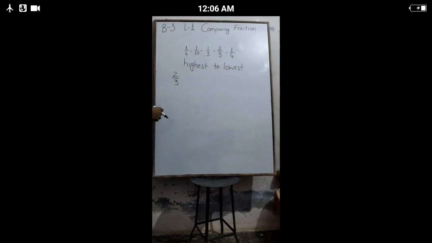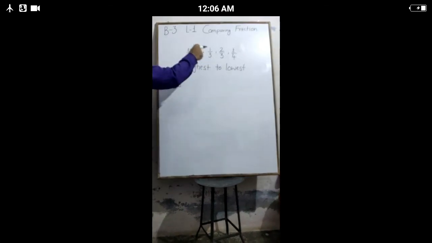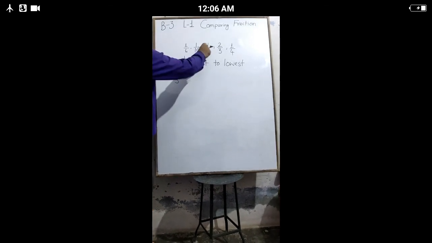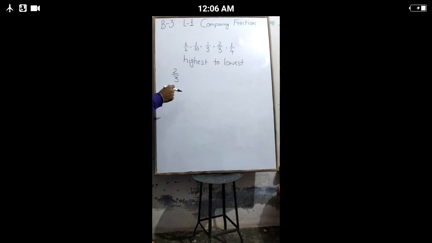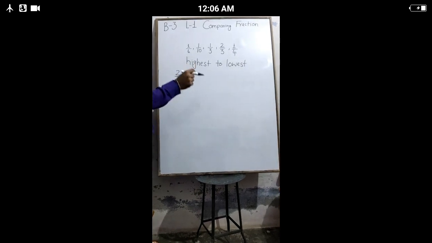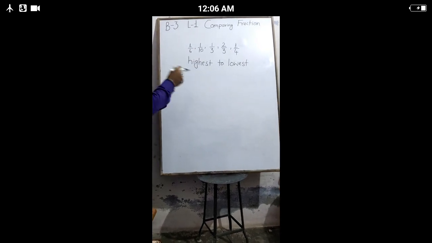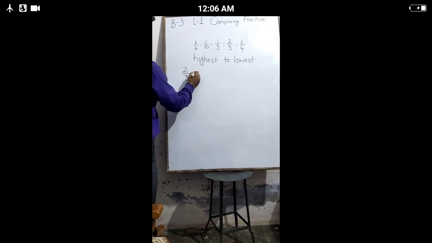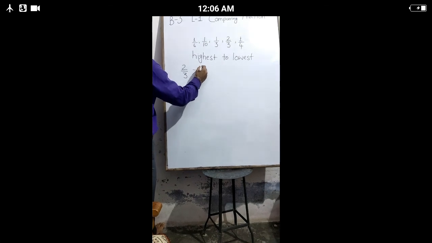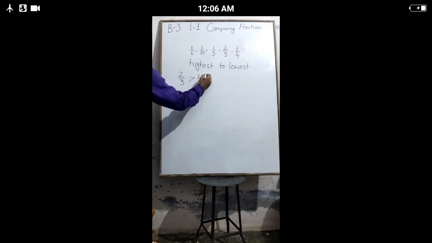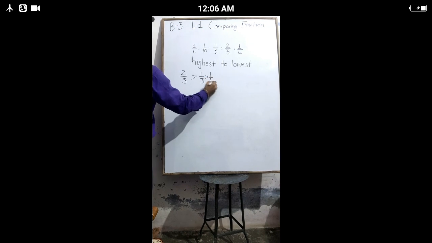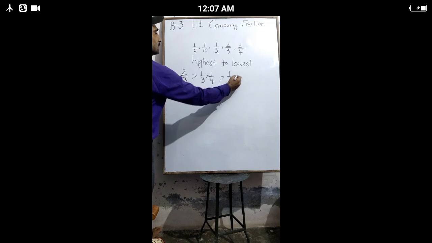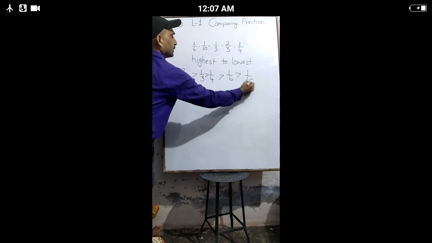Children, the left fractions have 1 as the numerator. So here we will compare the denominators. The small denominator will be bigger and the bigger denominator will be smaller. Now children, I am going to compare them. So first 2 upon 3, then 1 upon 3, then 1 upon 4, after that 1 upon 6, after that 1 upon 10.